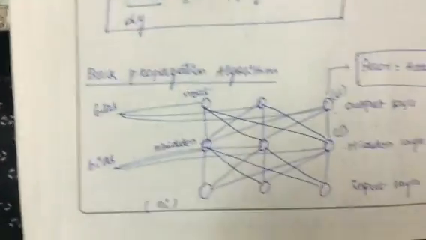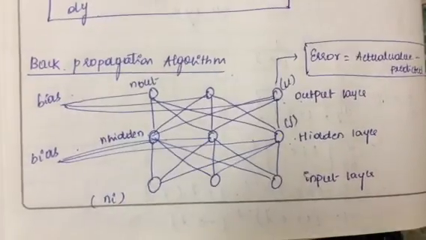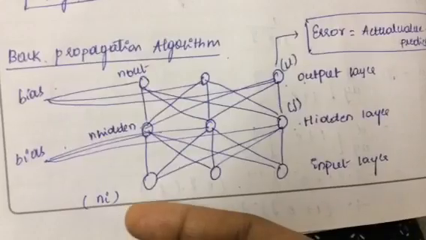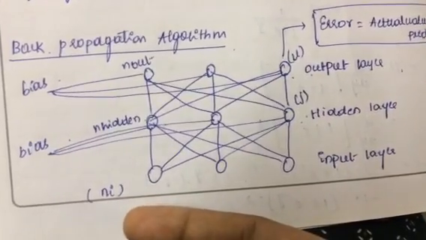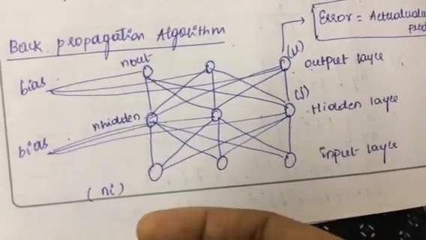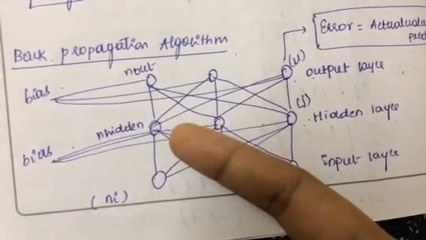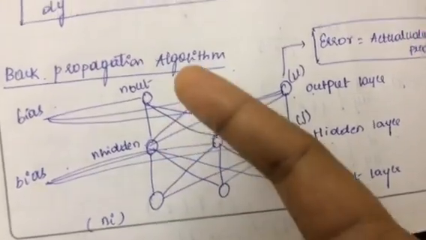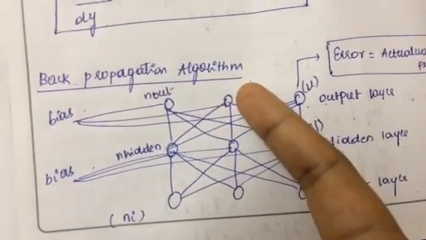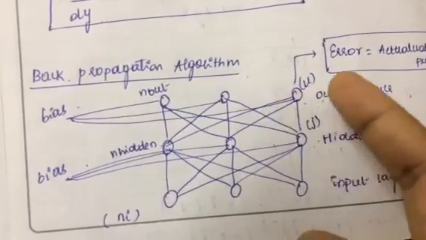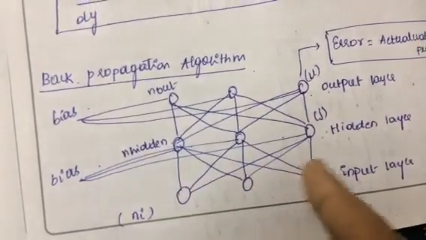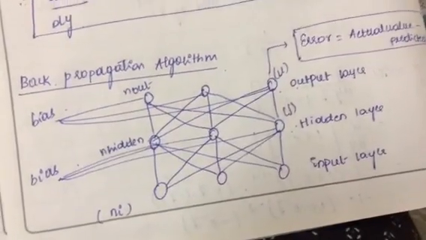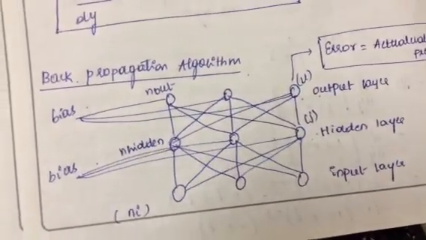This is the example I have considered for the backpropagation algorithm. Here you can see NI, as defined in the algorithm. NI is nothing but the input. Next, N hidden is the number of hidden units present, and N out is the number of units present in the output layer. So how many neurons are present? Here I have considered 3 neurons for each of the input, hidden and output layers.